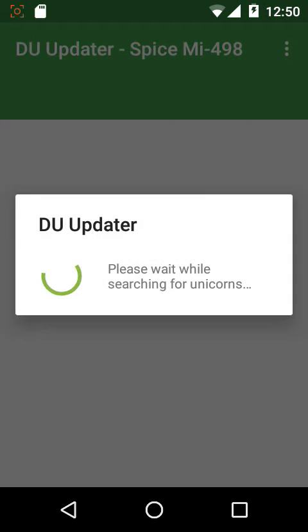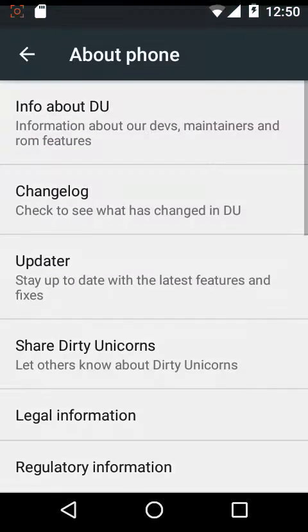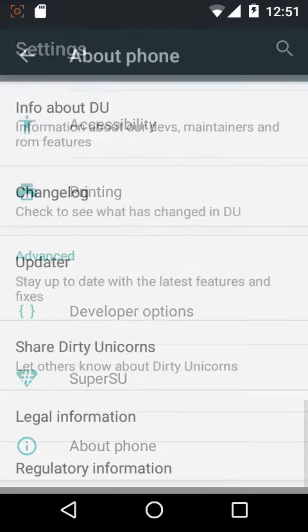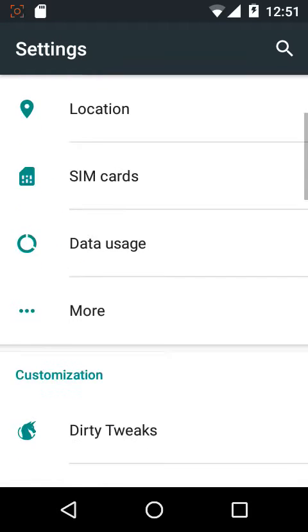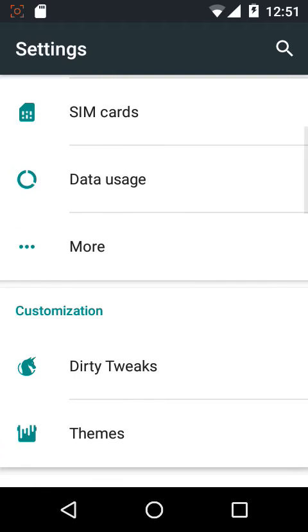So the Dirty Unicorns updater is handy only for those of you who are running an official build, but for people like me who are on an unofficial build, you will get this message: your device was not found on our server, which typically means that you are running an unofficial build. So you can check for updates only if you are on an official build. Otherwise you will have to refer to XDA or Android File Host, or maybe the Google Plus community of